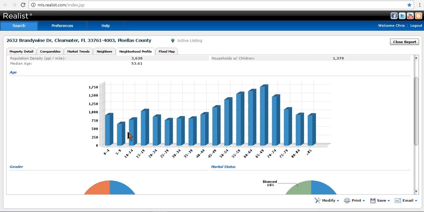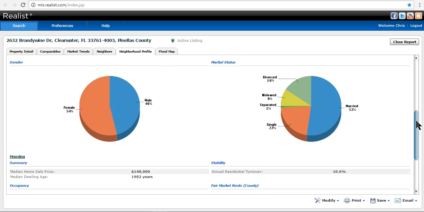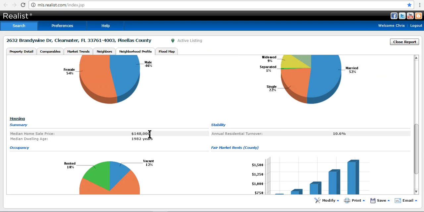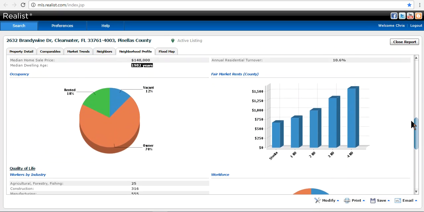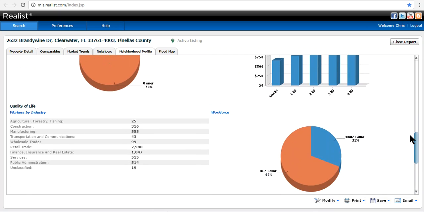We see a histogram of age distributions, along with the gender breakdown and the marital status of residents of households in this zip code. We see information on the median home sale price and the median year built in the zip code, the resident turnover, the occupancy breakdowns in terms of owner-occupied, rented, or vacant, rent data, workforce breakdowns,